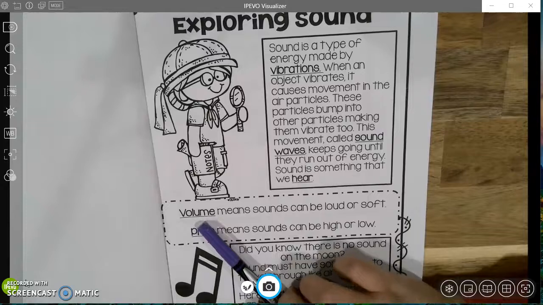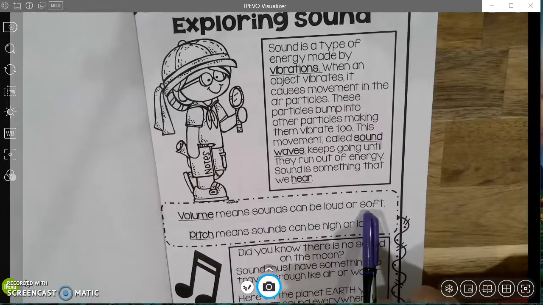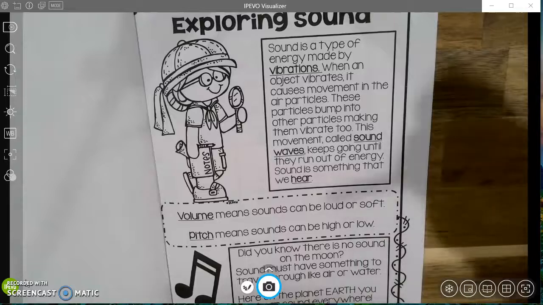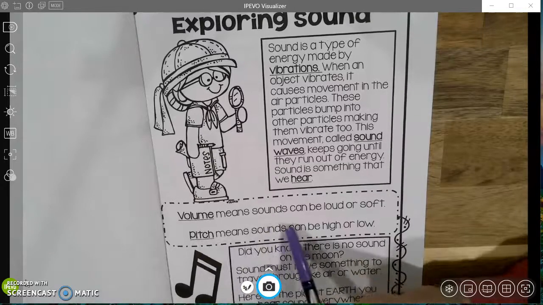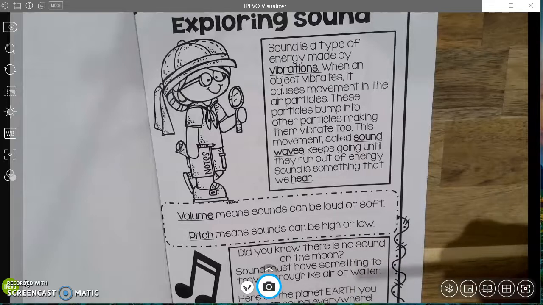So volume means that sounds can be loud or soft. Like the volume on a TV, the volume on a radio. Our voice volume means that something can be loud or soft. The pitch means that it can be high or low. So, something that would be a high pitch would be,